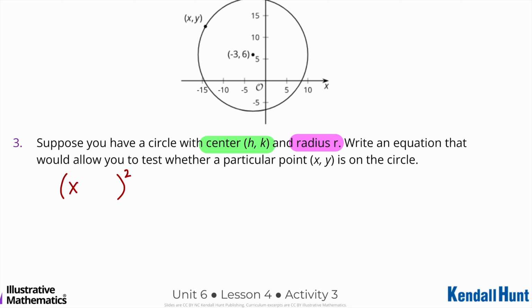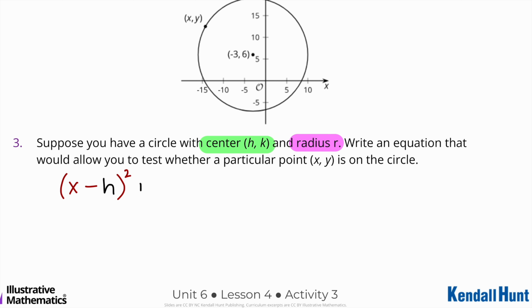Now we had x, and then we were subtracting whatever our other x value was. I'm going to use black for h comma k, because this is going to be x. We would subtract, and then if our x value is h, we would do x minus h and then square